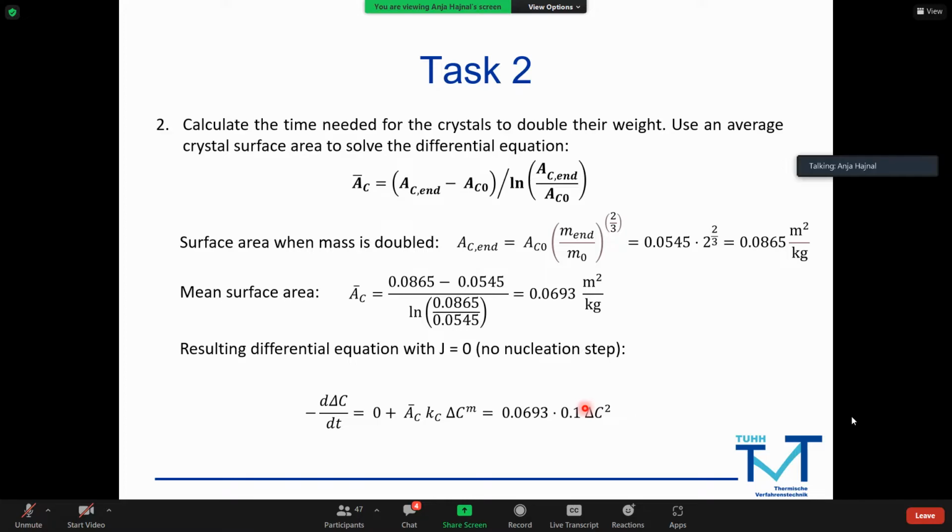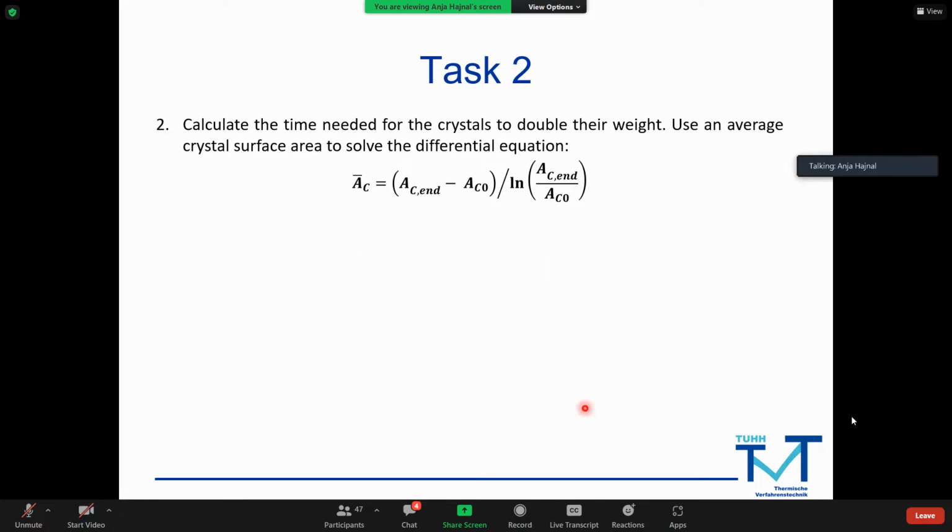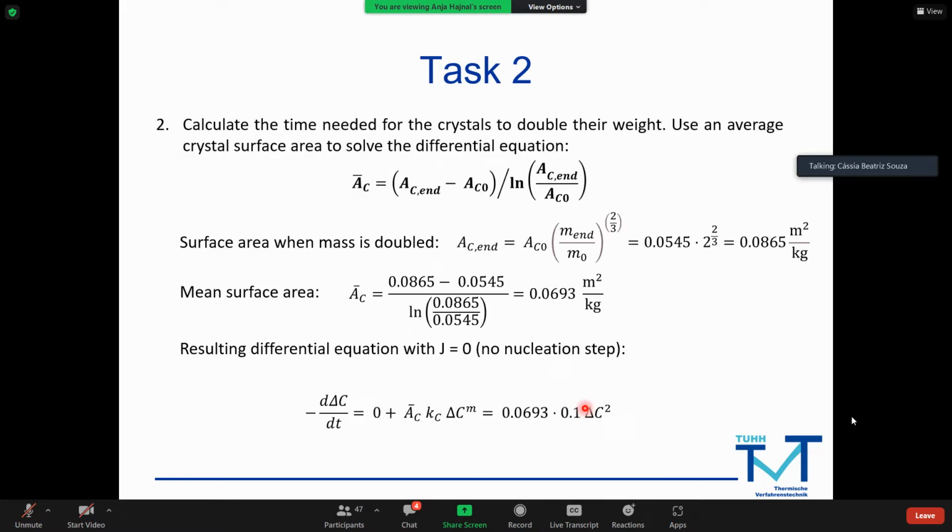Now, if we want to solve this differential equation. Sorry, can you repeat what you just said? Yes. This delta C squared does not have to be squared. This number 2, this exponent on top, is given. So this whole part,